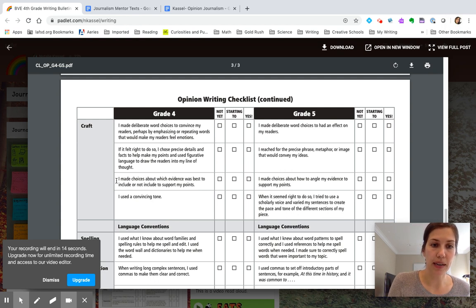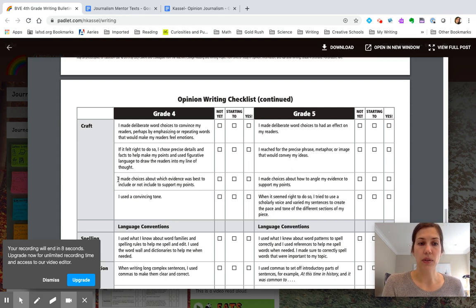Today, I talked about crafting evidence in 4th grade. I made choices about which evidence was best to include or not include to support my points. And 5th grade is about angling the evidence and really making sure it matches